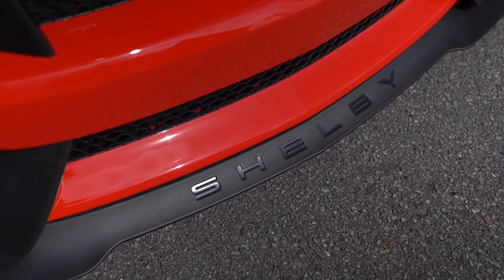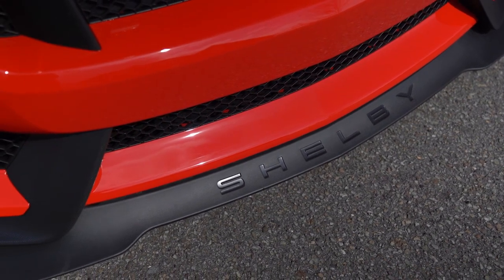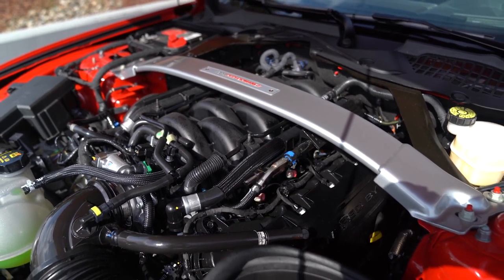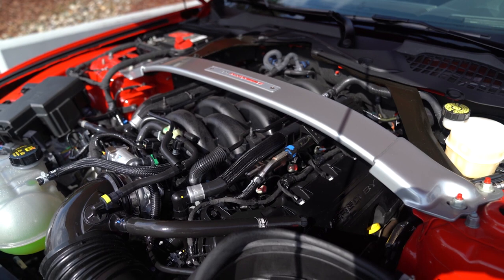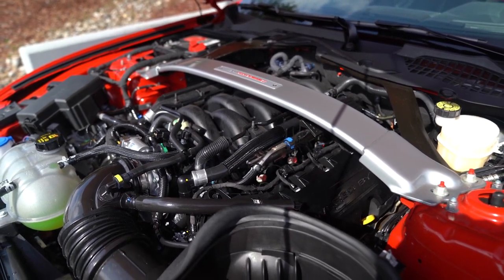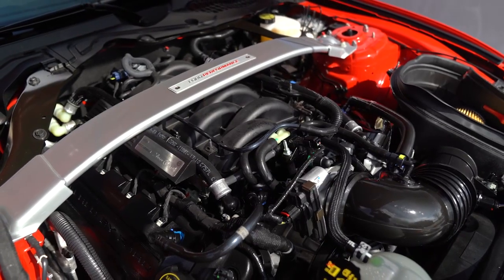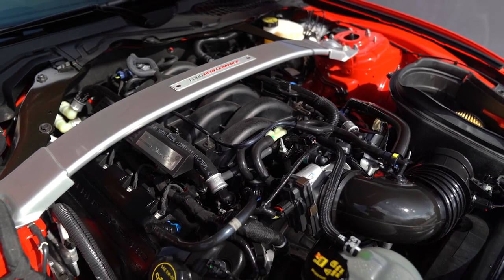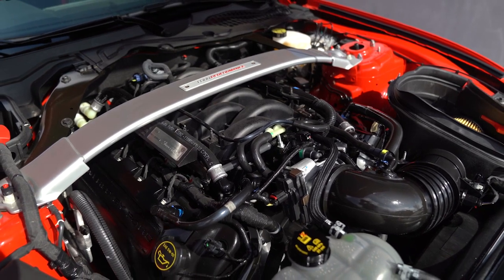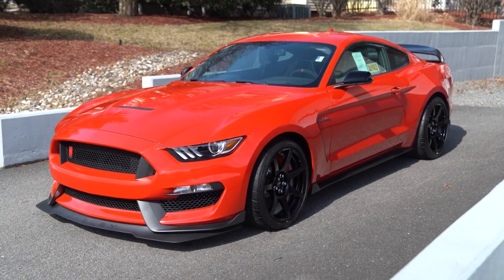So the paint, as we mentioned, is finished in race red over black cloth and micro suede upholstery. The car is powered by a 5.2 liter Voodoo V8, and that's going to be paired with a 6-speed manual transmission. So everybody loves that Voodoo V8, that flat plane crank. Again, kind of the last of its kind. The sound on these things, you guys, if you have been following along with us when we were first getting into the 350Rs, with that redline at 8,200 RPMs, the sound of these cars,